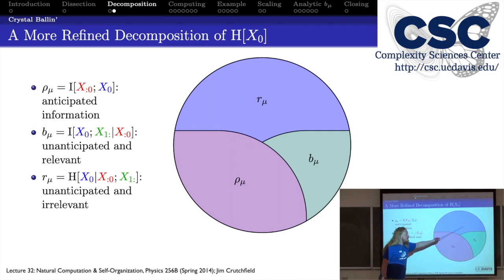It's the unanticipated part of the present, but it plays a role in future behavior, so it's relevant for temporal structure. And the third piece, r mu, the entropy of the present conditioned on the past and future, is the unanticipated but irrelevant piece in that it does not relate to past or future behavior. This is kind of just noise. We also call this the ephemeral information for that reason. It shows up in the present moment and has no relation to anything that happens henceforth or has happened before. And b mu,